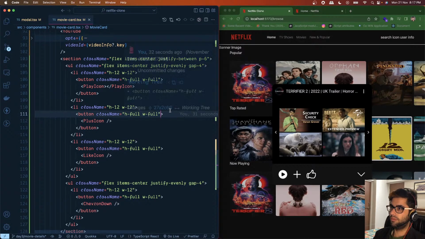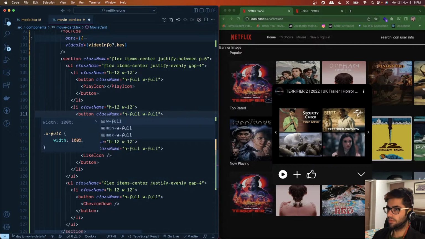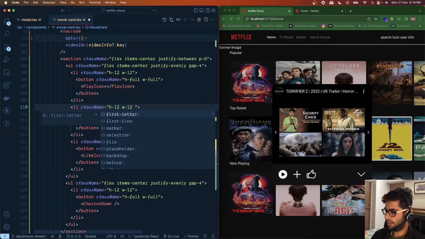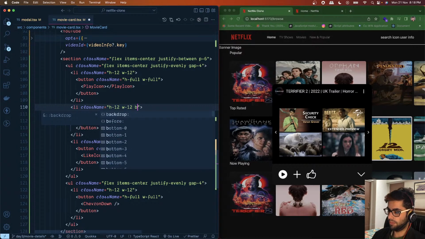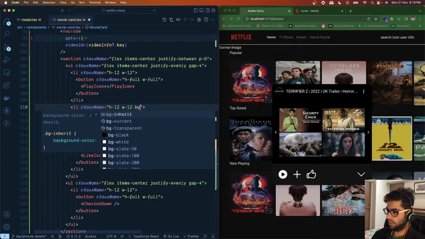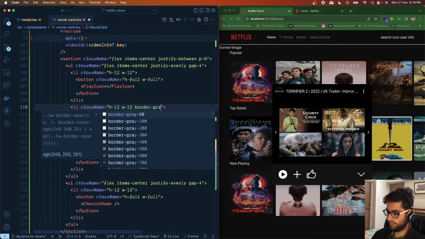And for this, the li has a border which is rounded. So let's give it border gray,